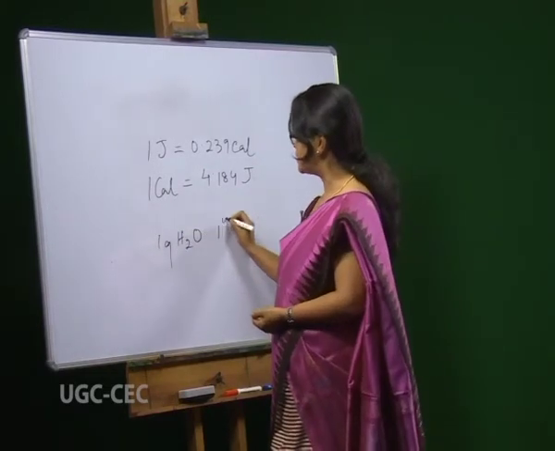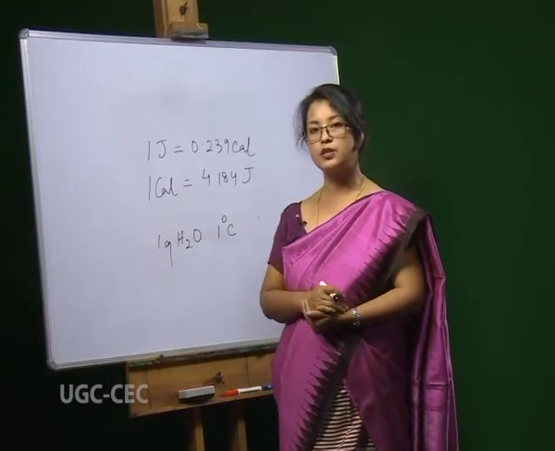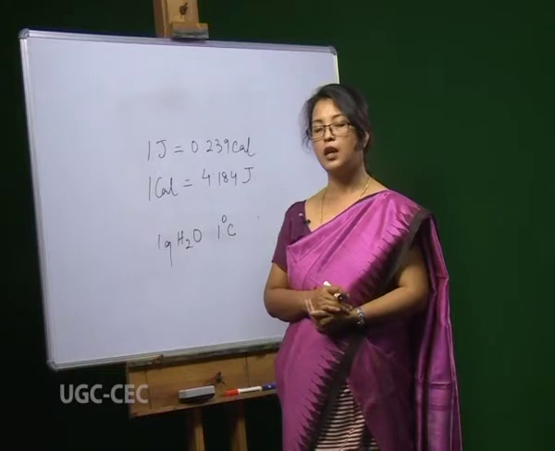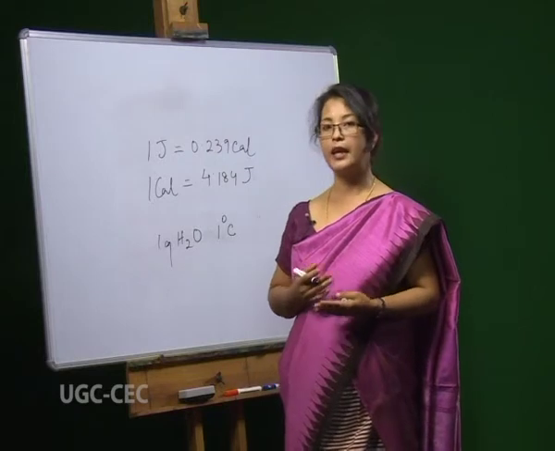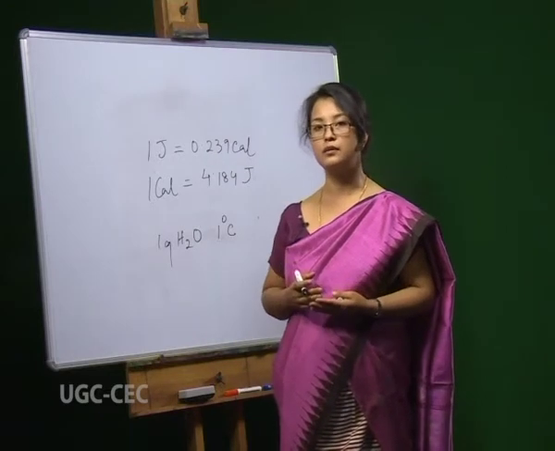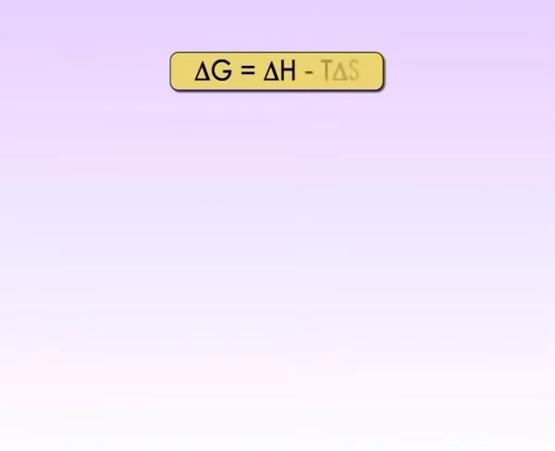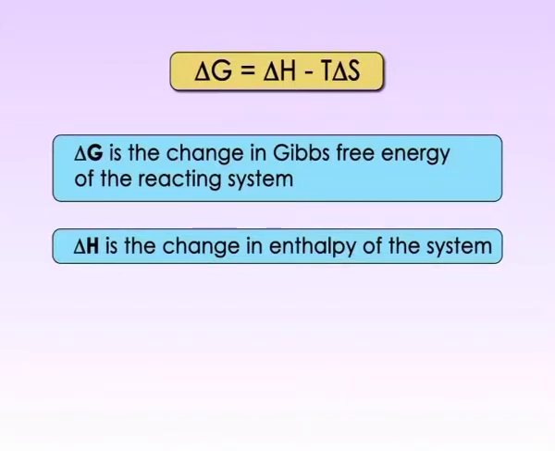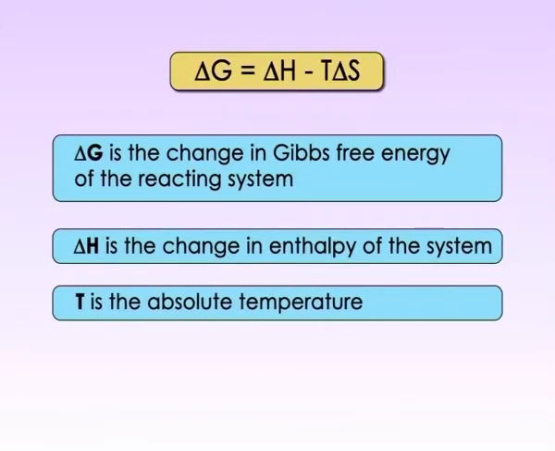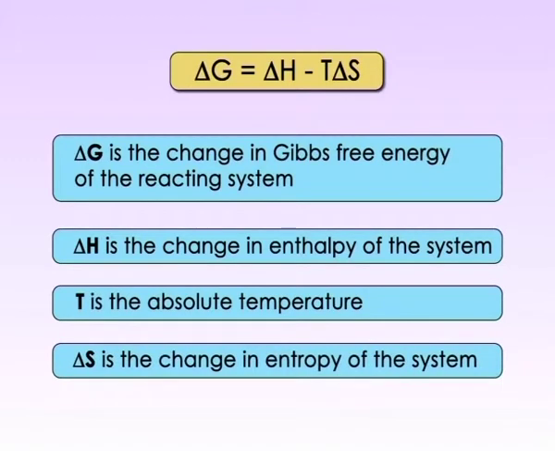by 1 degree Celsius. Under the conditions existing in biological systems, including constant temperature and pressure, changes in free energy, enthalpy, and entropy are related to each other quantitatively by the equation delta G equals delta H minus T delta S, in which delta G is the change in Gibbs free energy of the reacting system, delta H is the change in enthalpy of the system, T is the absolute temperature, and delta S is the change in entropy